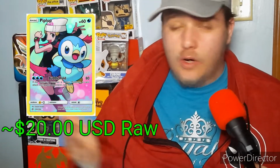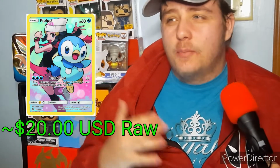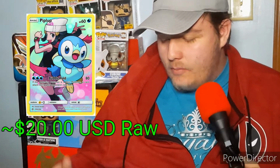the highest value besides the Pikachu, but the Pikachu's already at $70, and that's a little much for the average consumer to spend on one card. But the Piplup is going for about $20 raw. That's not bad. You can pick that up, and it's a beautiful card. And if you were to send it into PSA and it was to come back a PSA 10, it would be worth